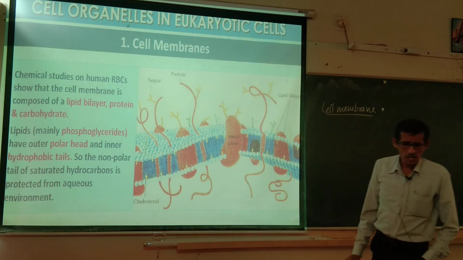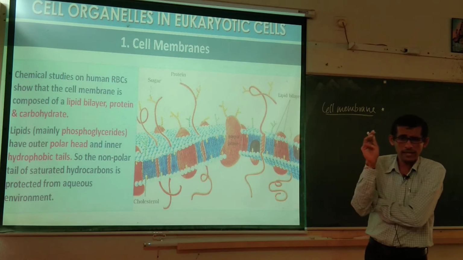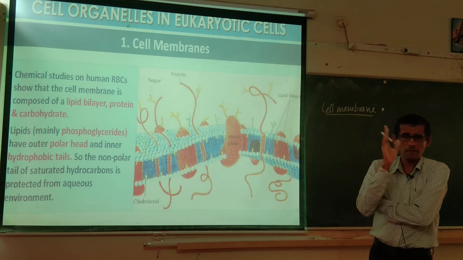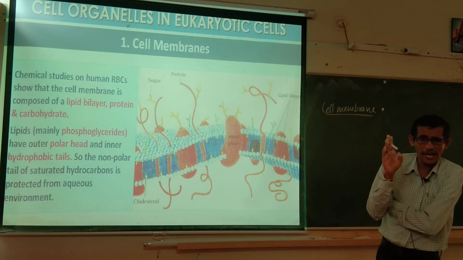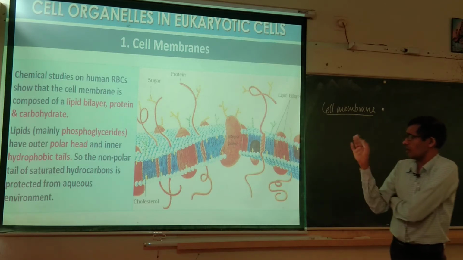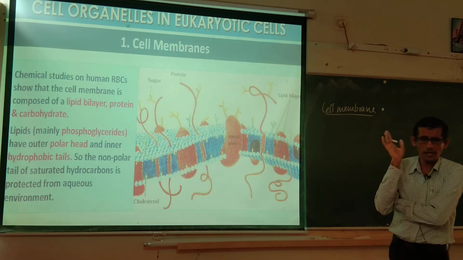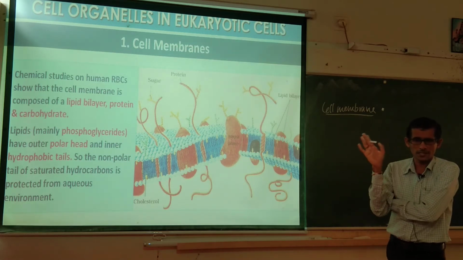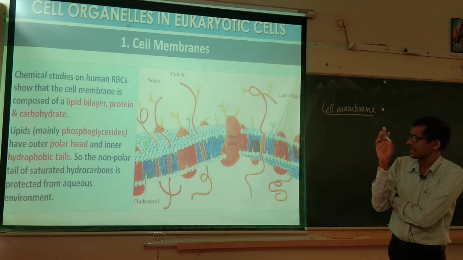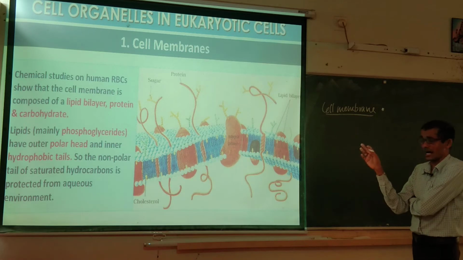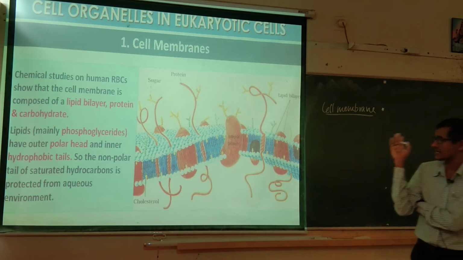So, if you take chemical studies on human RBC, cell membrane means plasma membrane. Cell membrane means plasma membrane. Plasma membrane is present in both plant and animal cell. Now, coming to the human RBC, red blood corpuscles. If you take the studies on human RBC cell membrane, it shows that the cell membrane is composed